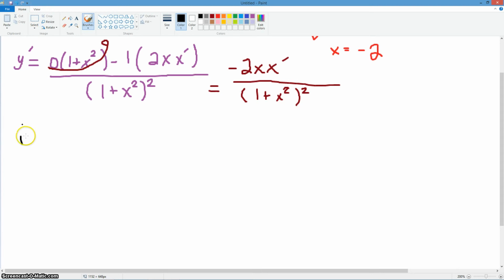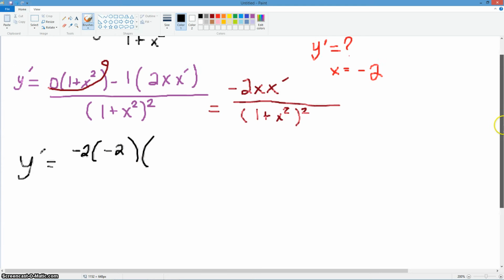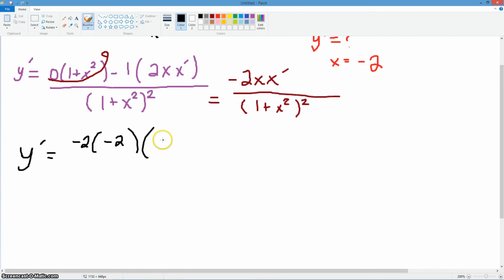So we have y prime is equal to -2 times x, which is -2, times x prime, which is 2, over 1 plus x squared. So if we take this -2, because -2 is x, and we square it, that gives us +4,